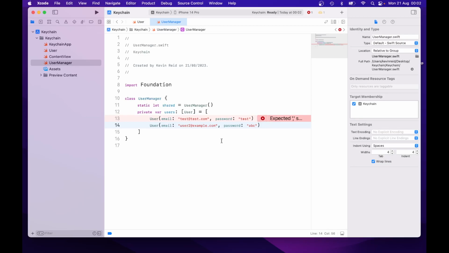And then I think there's something missing. What's missing on it? User email. Oh, forgot the comma. The comma should be there to separate each record within the array. But really, the users should be coming from an API. Really it shouldn't be hard coded, or it should be coming from a database somewhere. Even if the database is on the device, it shouldn't really be hard coded. But this is just to show, for example,